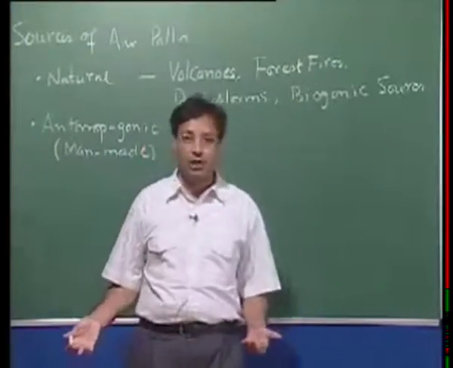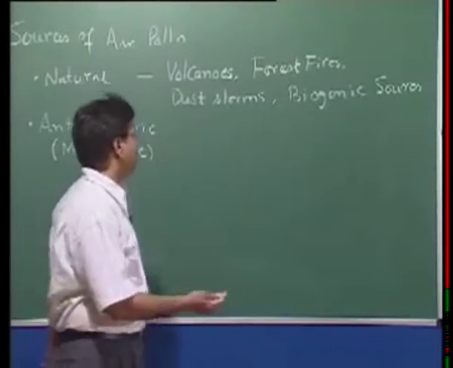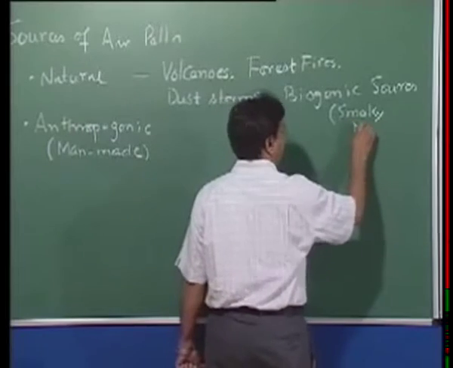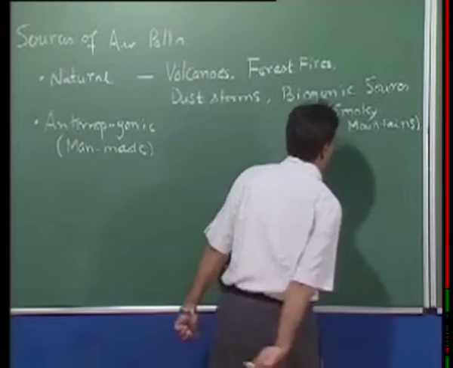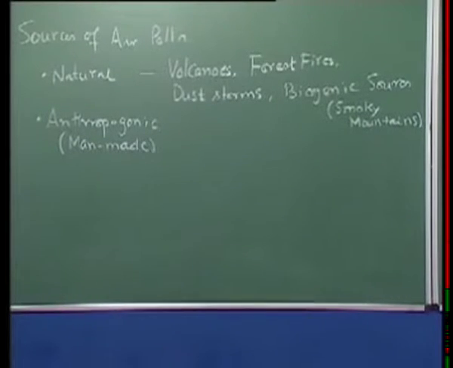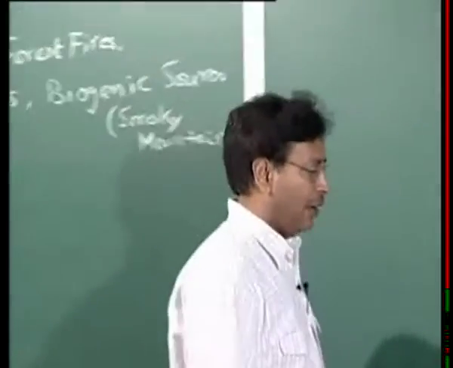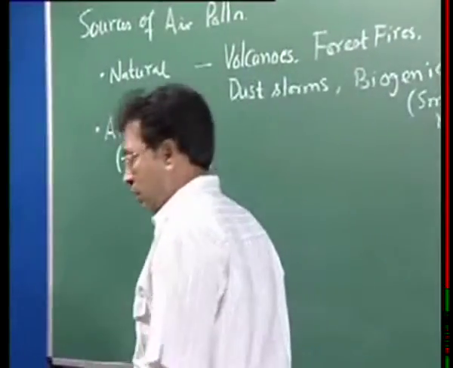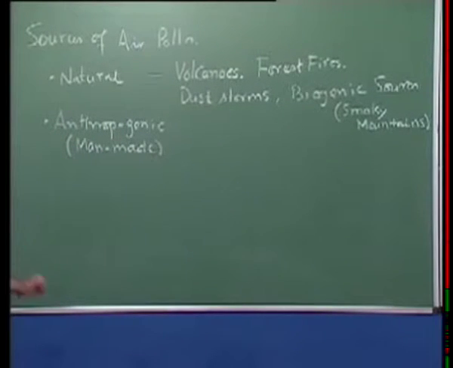like the plants. You see, the plants sometimes emit the hydrocarbons from there. You might have heard about Smoky Mountains. Okay. So these are some examples of the natural sources. The natural sources, if one quantifies, sometimes they can be quite large and the amount can be very, very significant. But when it comes to the anthropogenic or man-made sources, we can further